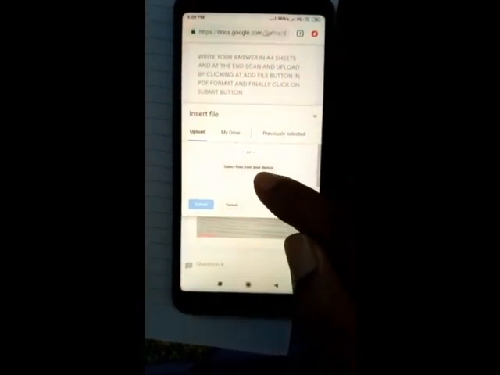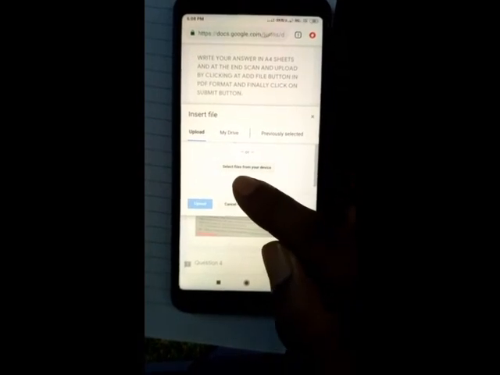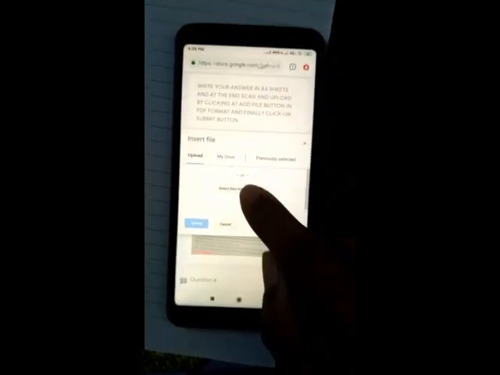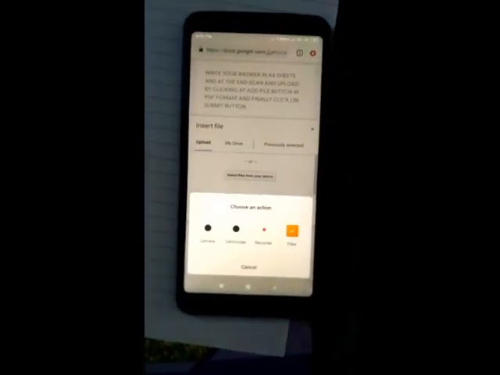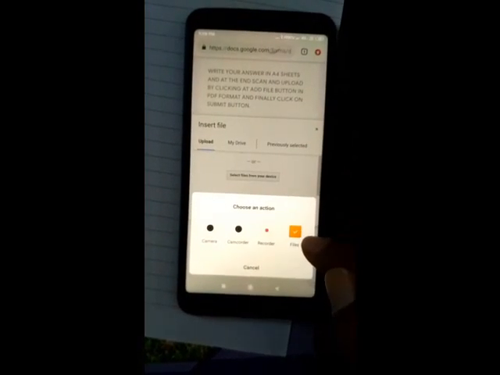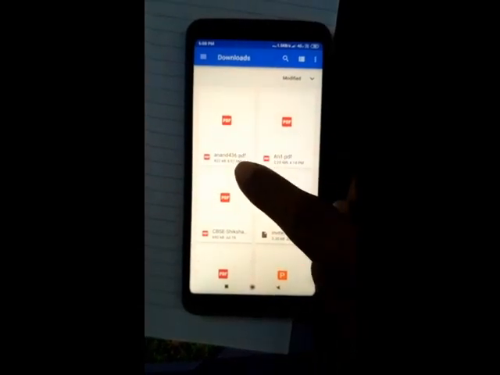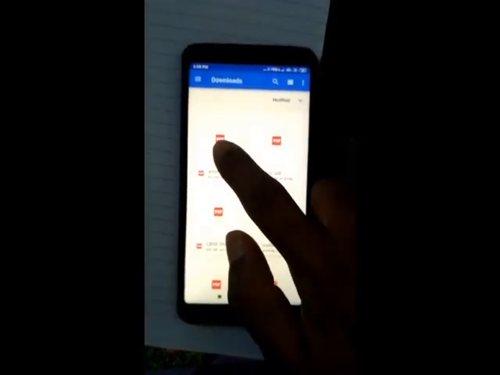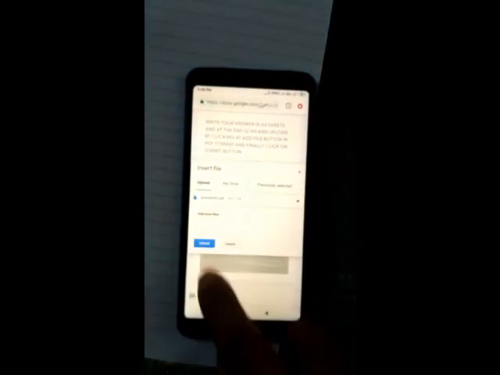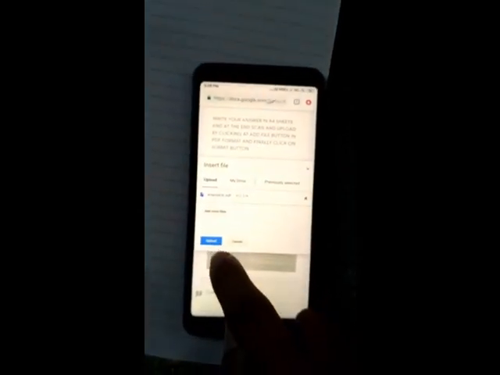Simply select files from your device. Just click on this and you will select files, and you can see here my PDF file. I will select this PDF file and then click on upload.